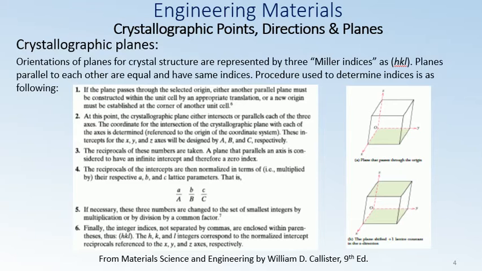Anyways, the orientations of planes for a crystal structure are represented in a similar manner. The unit cell again is the basis, and crystallographic planes are specified, as we talked earlier, by three Miller indices called h, k, and l. Of course, some numeric values will take the place of these h, k, l. Any two planes that are parallel to each other are equivalent, just like we talked about directions, and so they will have identical indices. Indices are determined as per the procedure given.